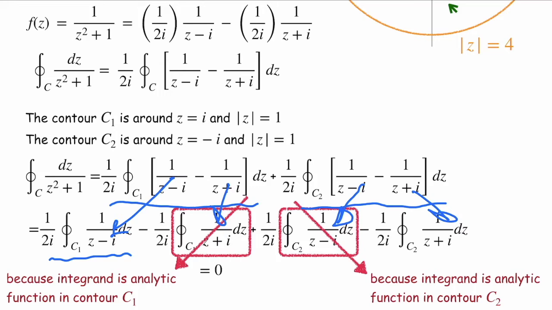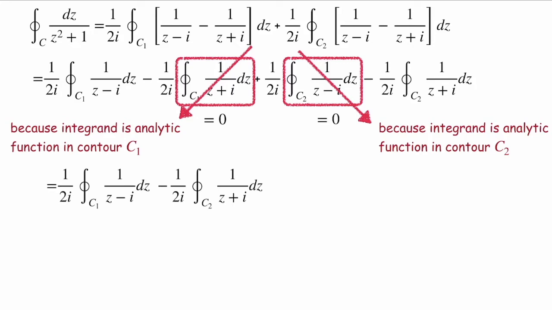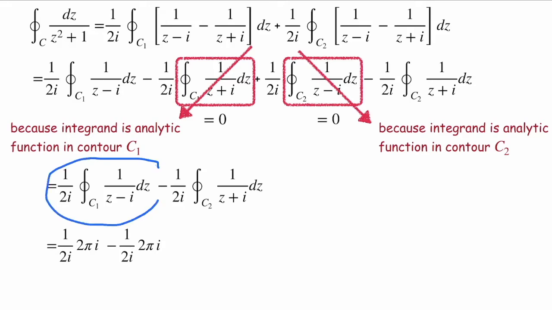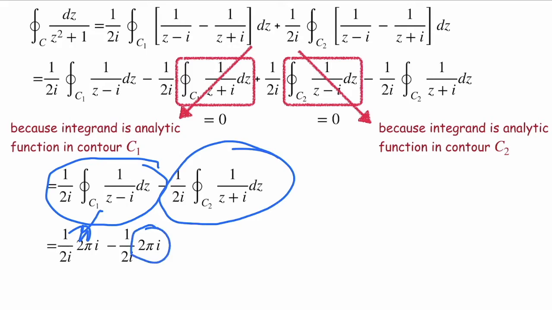So we are left with the two terms that we need to integrate. These two terms are what we need to further evaluate. We have done this calculation earlier, so it comes many times. We know how it can be done using a circle, and it does not matter whether it is the unit circle or some other radius. The radius part cancels out from the numerator and denominator. It gives a value of 2 pi i, and then we have this 2i which is divided. In the same way we can compute the contour integral with similar techniques, and you would also end up with the result 2 pi i.